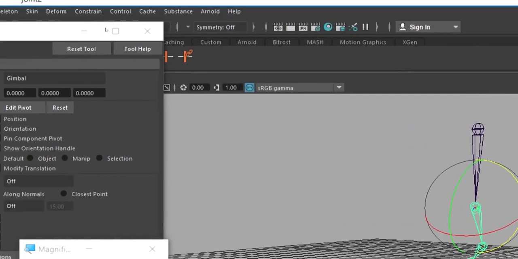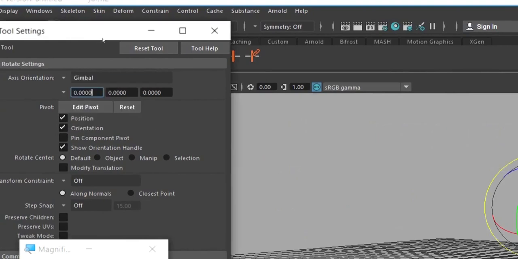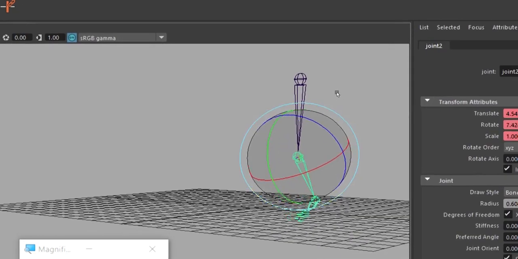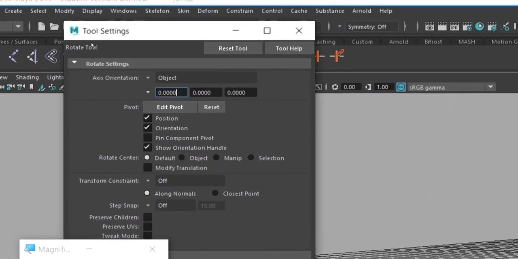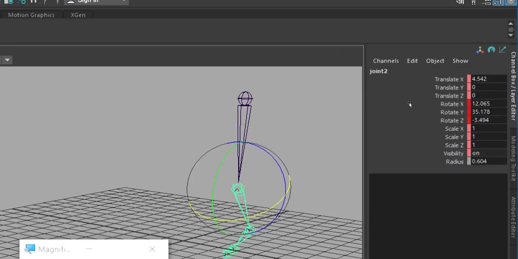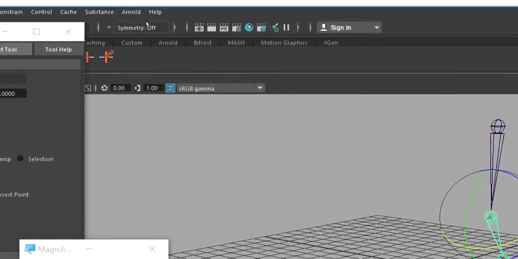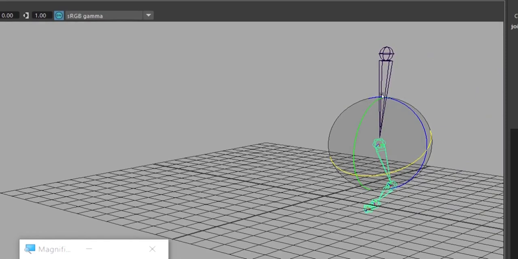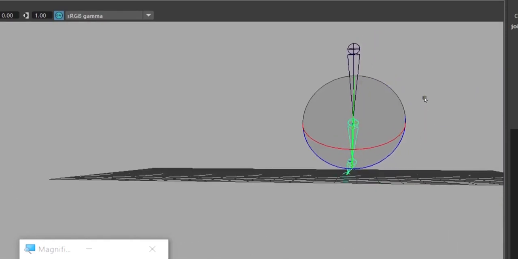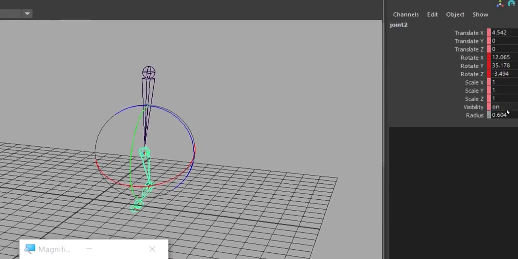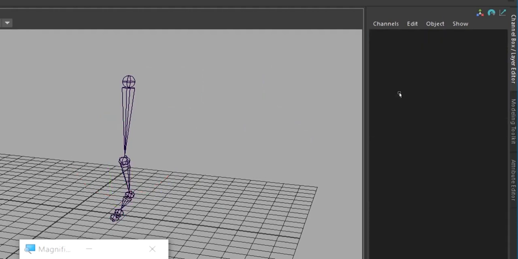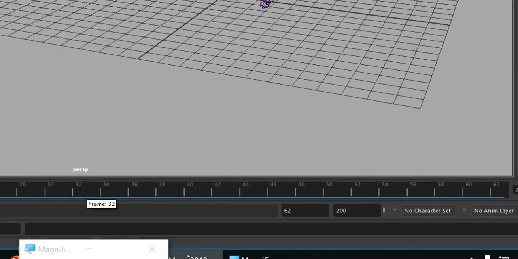But if it is not gimbal, you can control from anywhere. The main thing about gimbal is that you cannot simply rotate randomly, and your key pose will be safe. This is the thing about gimbal.